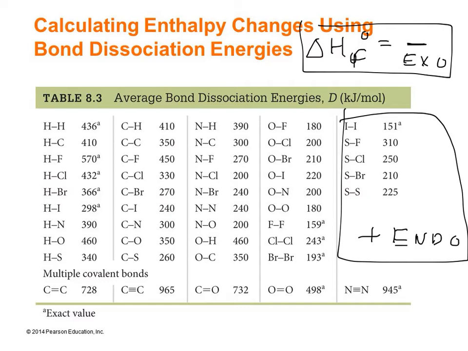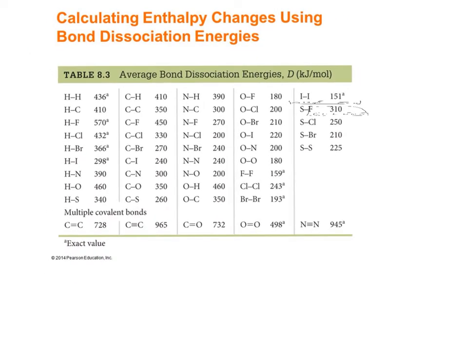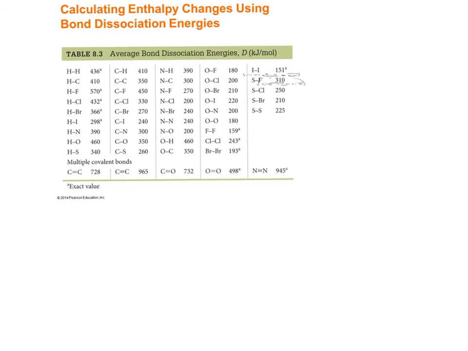The point is that breaking a bond is an endothermic process. Forming one is an exothermic process, and that's going to have big ramifications on how we handle things mathematically. Because the enthalpies of formations were exothermic, when we solved for our reaction,